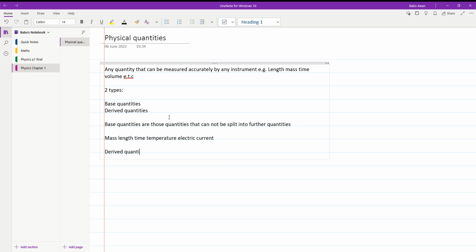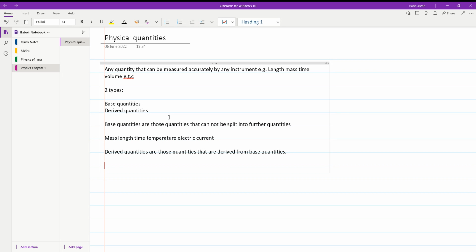Derived quantities are those quantities that are derived from base quantities,